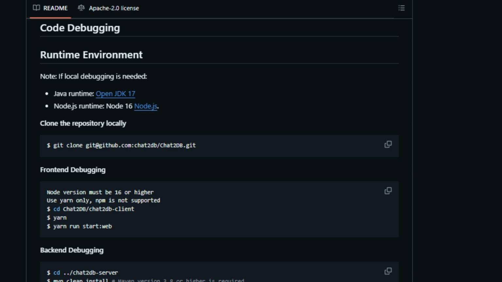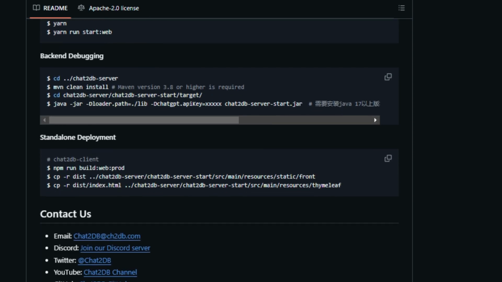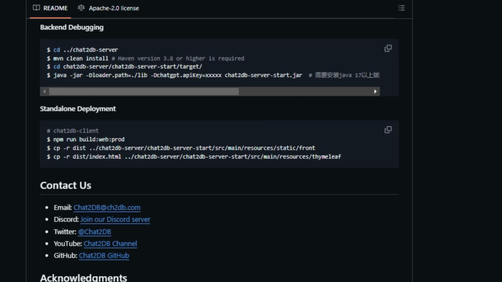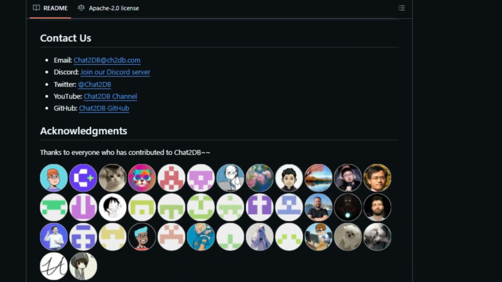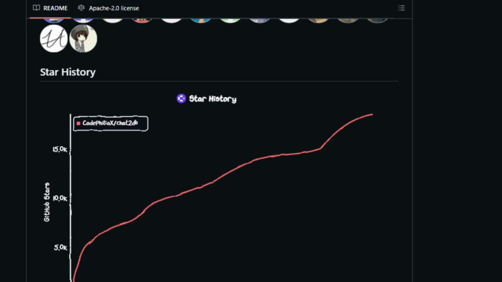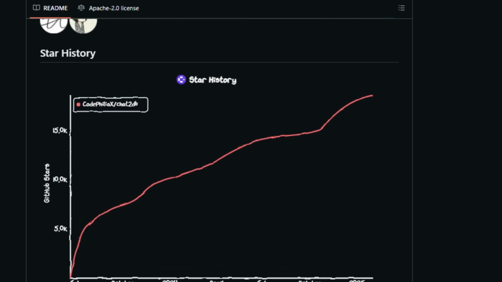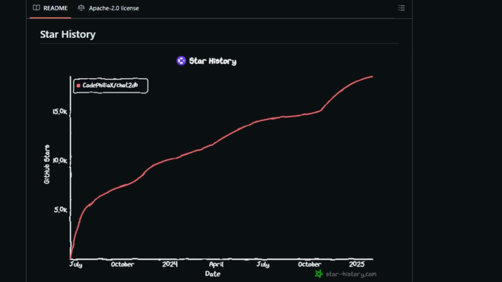Chat2DB is cross-platform, supporting Windows, Mac OS, and Linux. You can download the Community, Local, or Pro version, depending on your needs. For the Community Edition, you can also deploy it using Docker. To debug the code, you need Java 17 or higher and Node 16 or higher. Chat2DB is licensed under the Apache 2.0 license. The project is actively developed with a strong community of contributors and is available on GitHub. If you're looking for a powerful, AI-enhanced database tool that can help you manage your databases, write SQL queries faster, and generate reports,